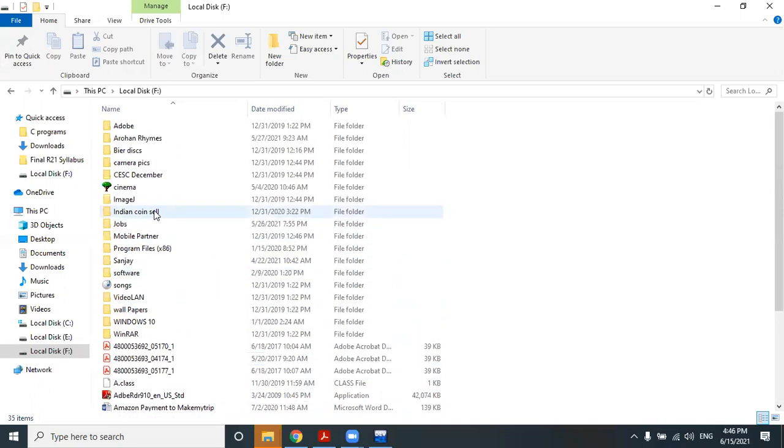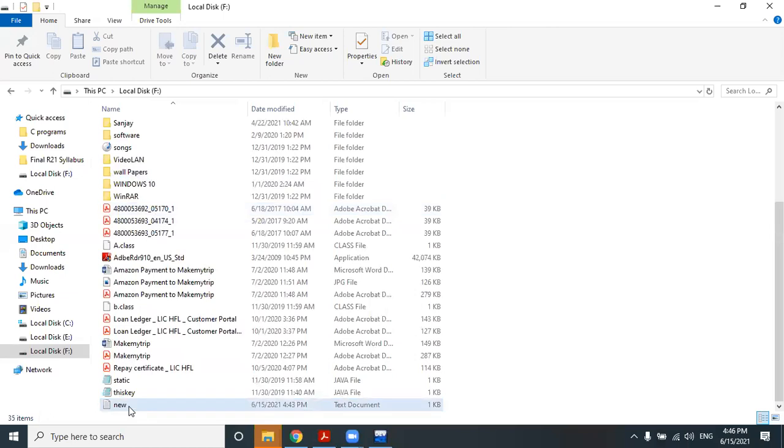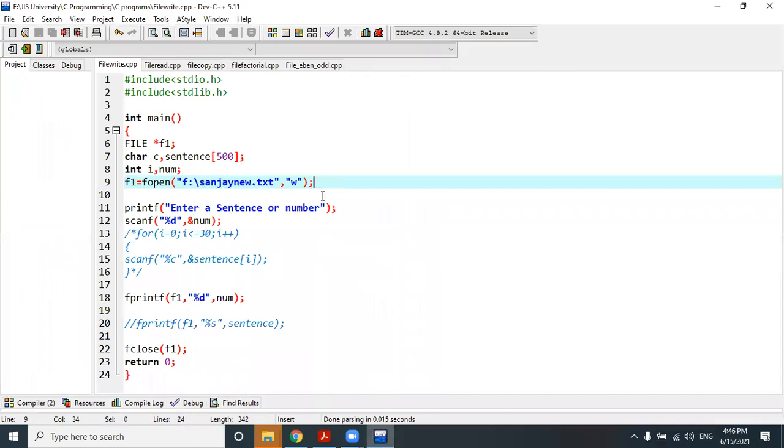I think you have already checked it, right? Only one file is there whose name is different, right? So I'm not concerned about this file. Clear? Everyone clear? So in this case, after executing this statement, what will happen? It will actually create a text file with this name Sanjaynew.txt. And it will not only create, it will also open that file and give you the chance to write something